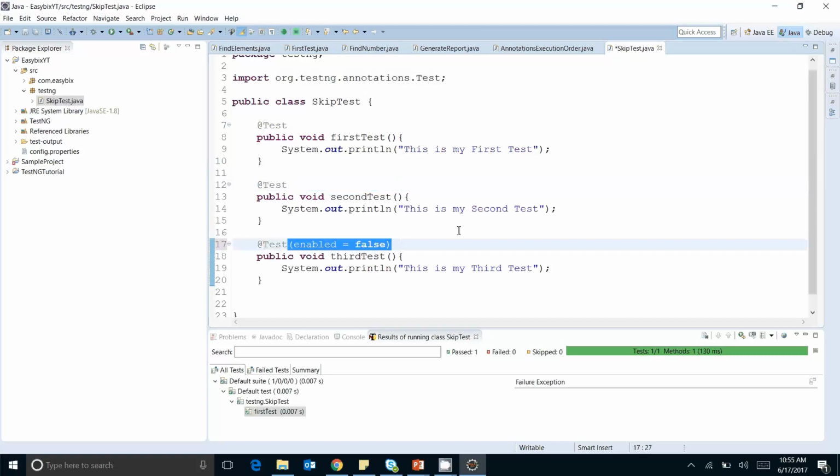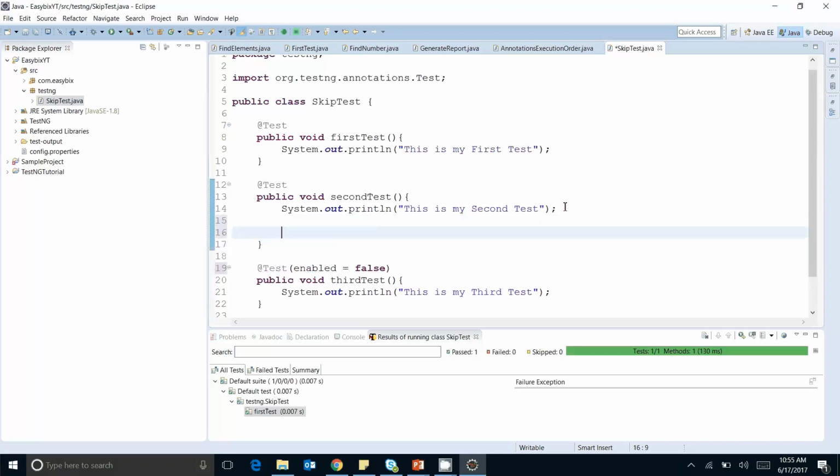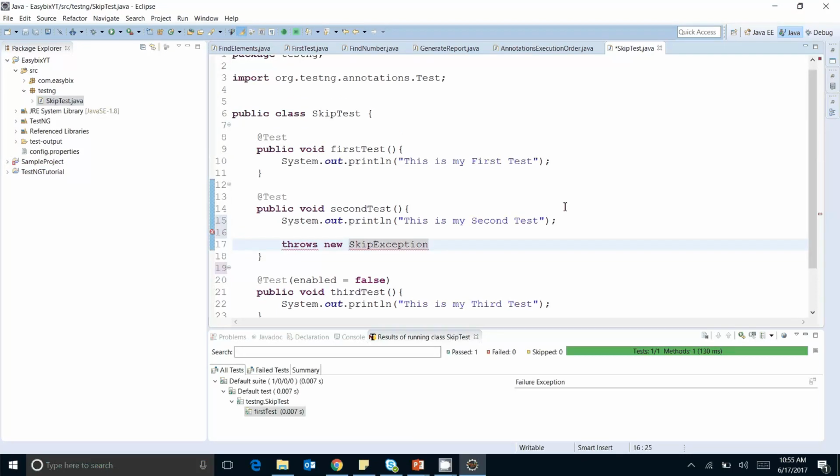Just keep it here on the third test, so it will be skipped at runtime and the rest of the 2 will be executed. But if you want to skip the test using the SkipException, in that case you need to declare it like this: throw new SkipException, and here you declare your message.